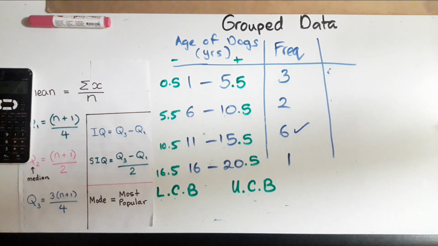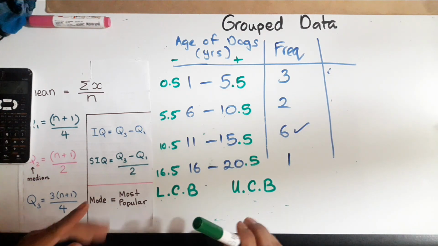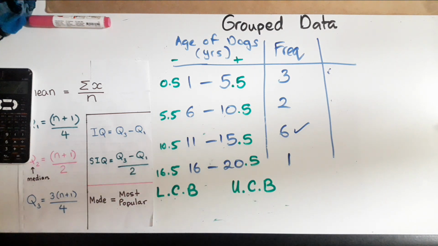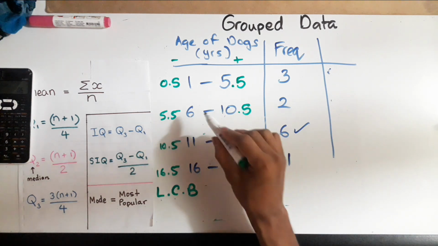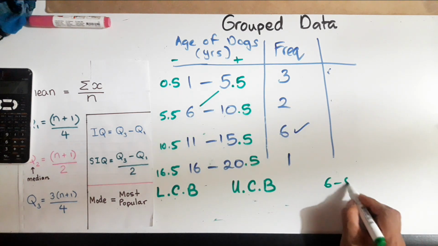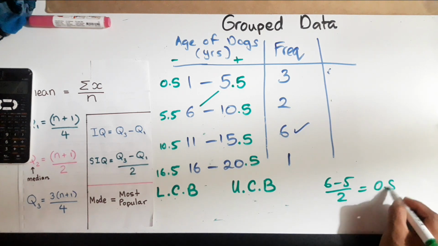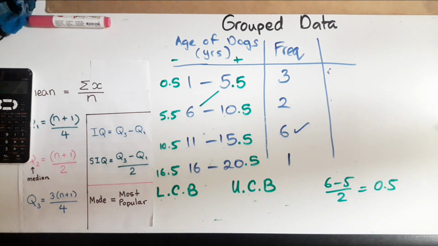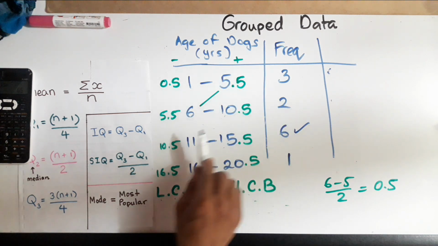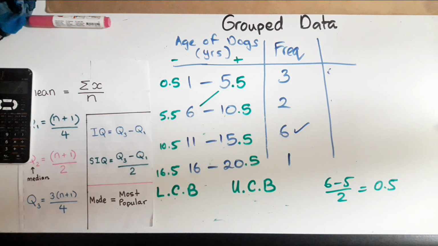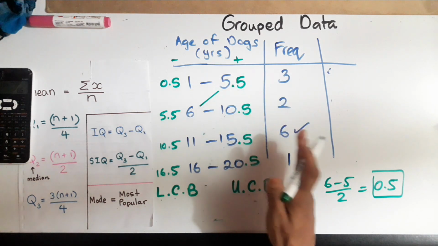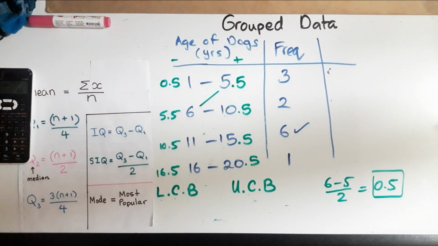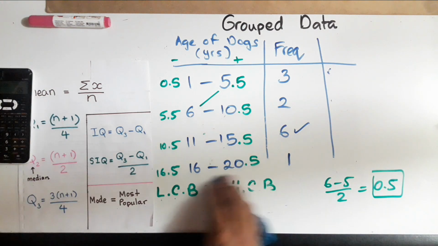All right, so when students do a question like this, and you have to find the upper class and lower class boundary, you see how we get 0.5 here? Most of the times, when you minus these two numbers and divide by 2, you will get 0.5. 99% of the questions. So you're adding 0.5 on this side and you're minusing 0.5 from this side. And from form 3 go to form 5, you did so many questions like this, you automatically think it's always 0.5 added and subtracting. Here's a trick question.